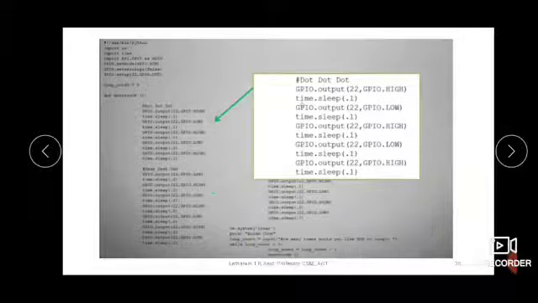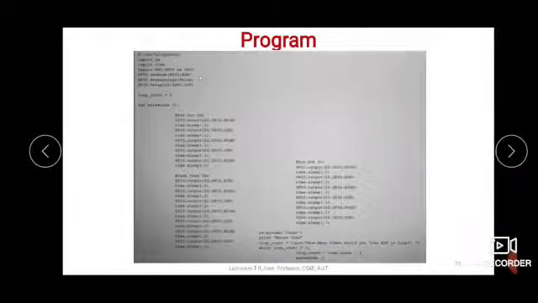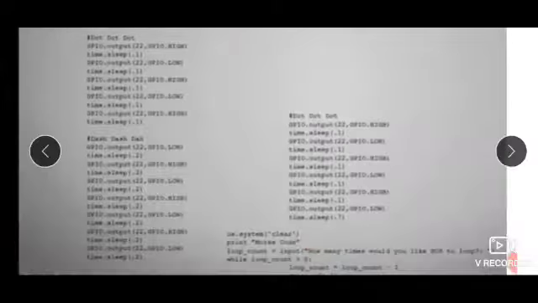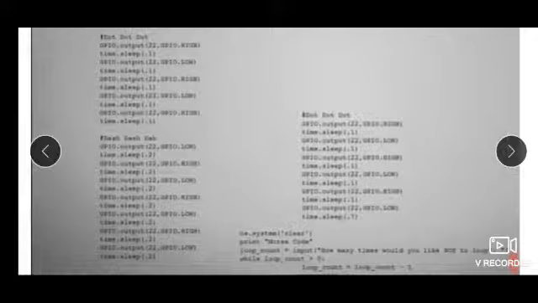Okay, again, we have 3 portions here, right? Dot dot dot, dash dash dash, again dot dot dot. So again this dot dot dot is this code only. So the beeps will be generated like this. And you can see here after that clear Morse code, then loop count, how many times would you like the SOS to loop, that will be taken, and it will be decremented each time.